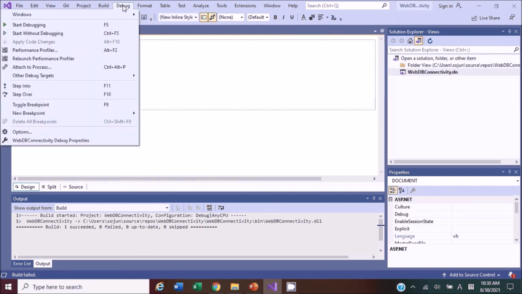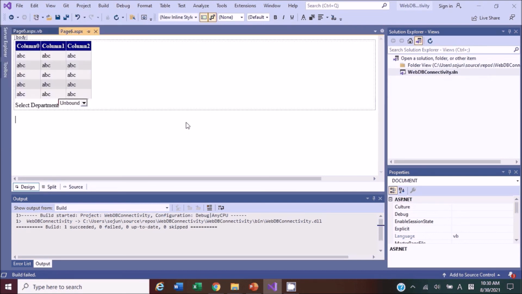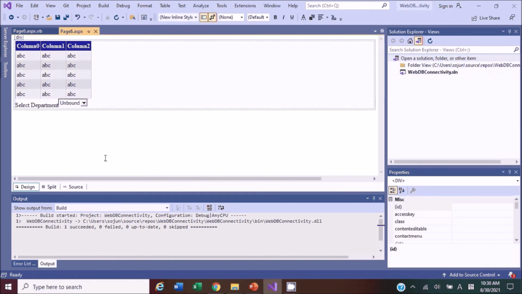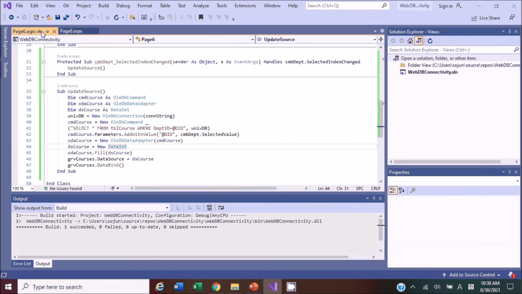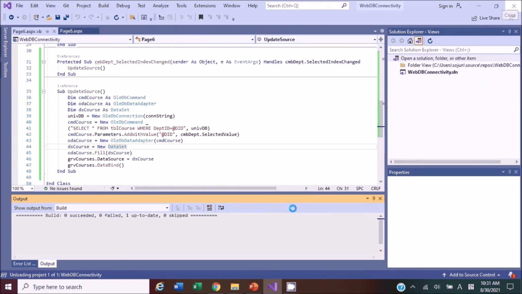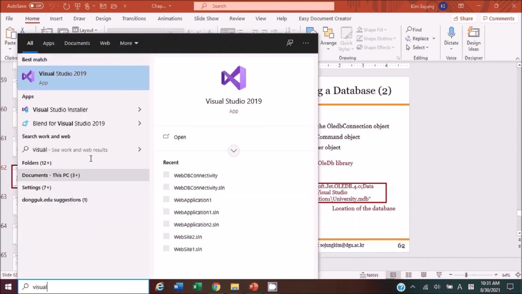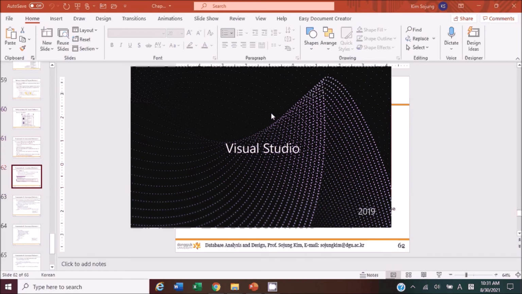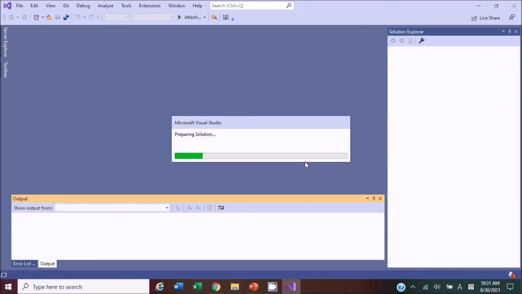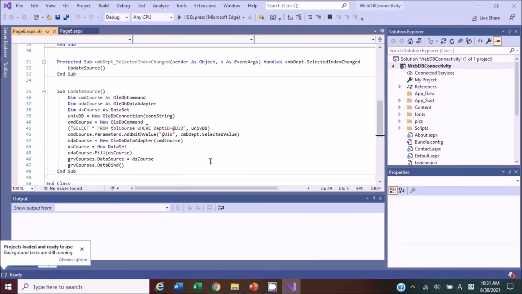Where's the button right now? If I press Control F5,